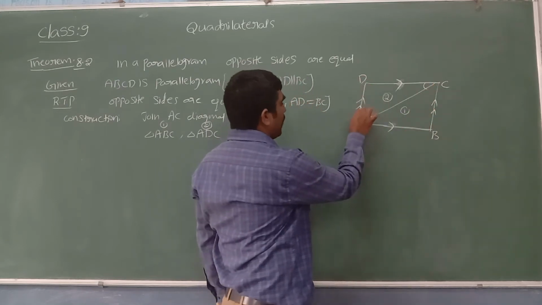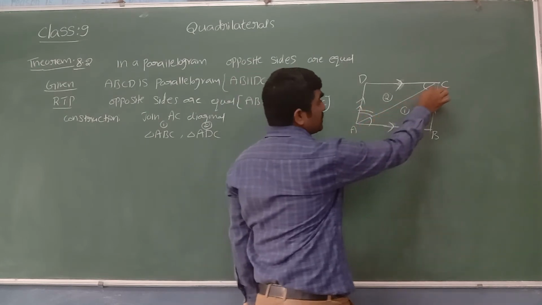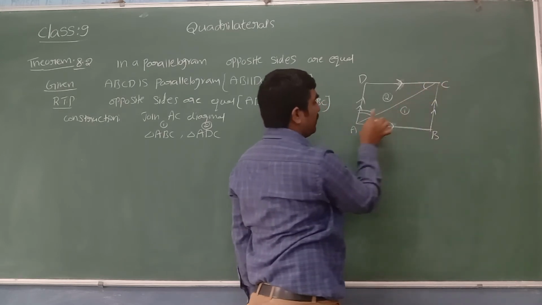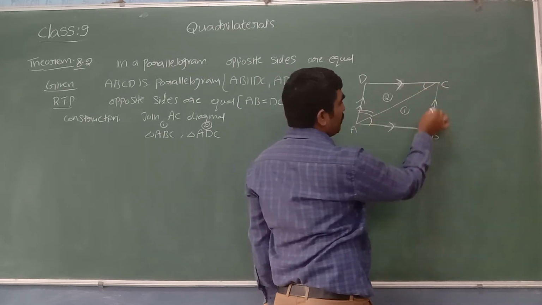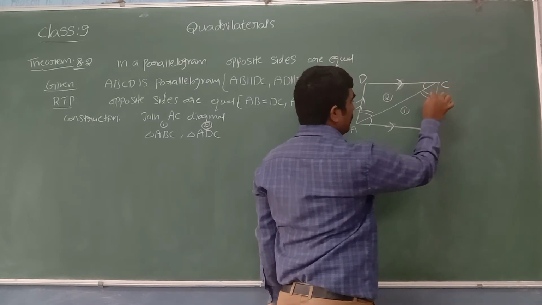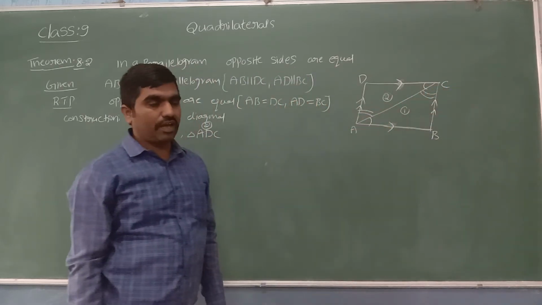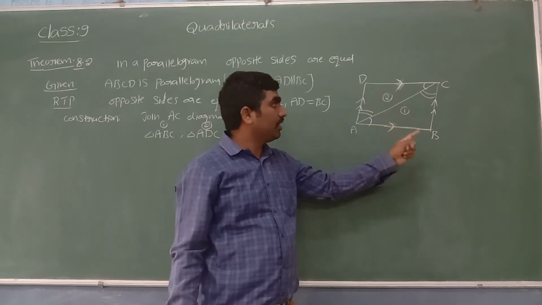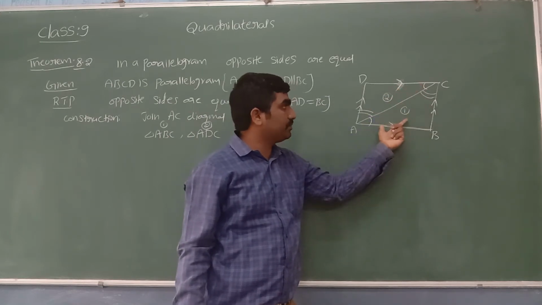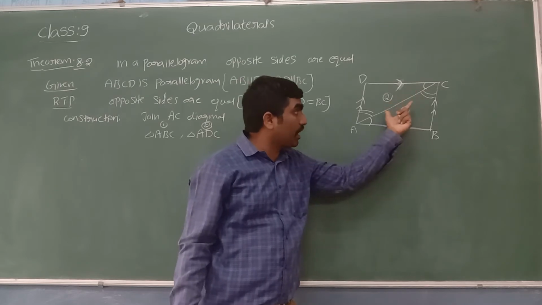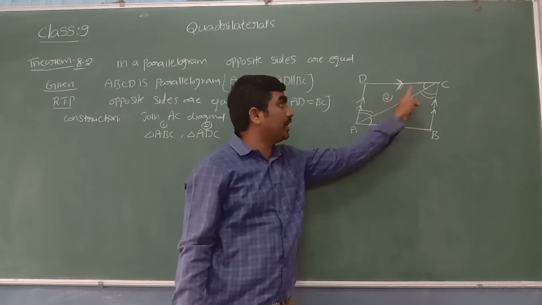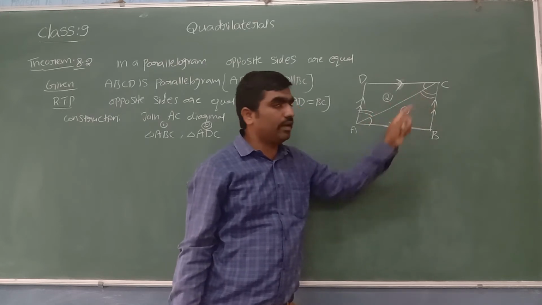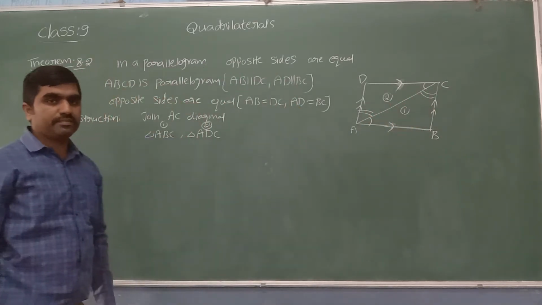So we can say that AC is a transversal. When DA is parallel to CB, AC is the transversal. In such a case, angle A in the second triangle equals angle C in the first triangle. Here also they are alternate angles. However, AC is the common side for both the first and second triangle. Now, two angles are equal, and the common side is included between those two equal angles. Angle, side, angle. By the angle, side, angle property, we can say that both are congruent.